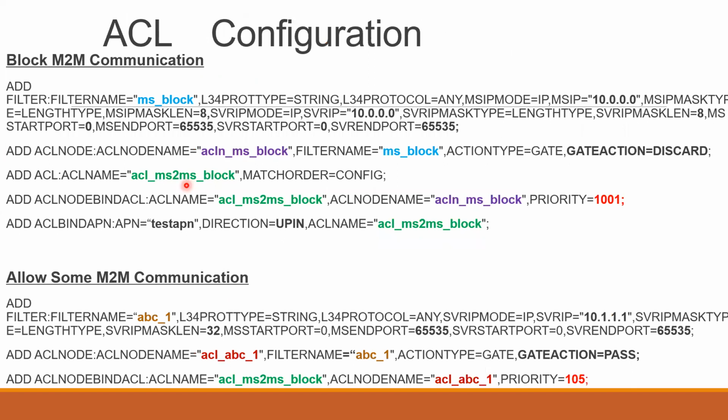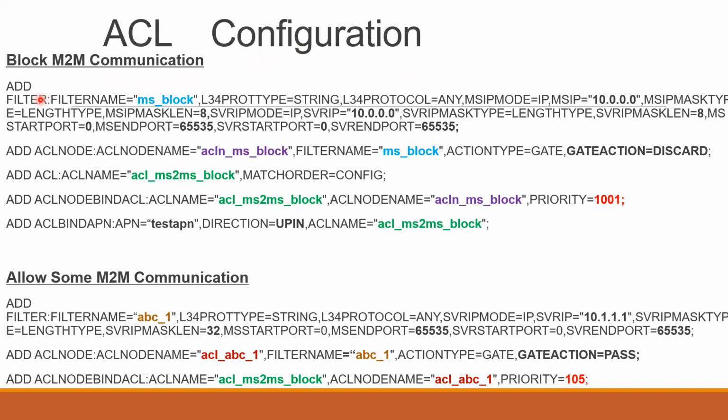Next is an example of ACL, access control list configuration. This is very frequently asked: how to block some specific IP communication towards some specific IP. So this is an example of how to block M2M communication. For example, in most operators, we do not allow any mobile to directly communicate with another mobile via EGSN. You need to communicate via some third party, some voice over IP application or messaging application. So direct communication between a private IP address and another private IP address is blocked, and this is how